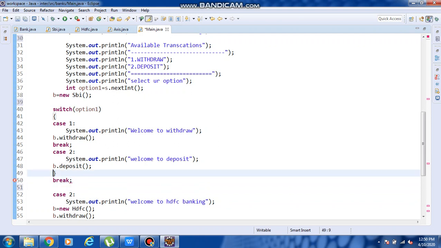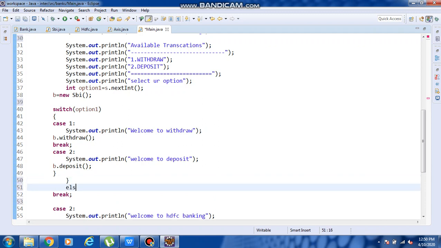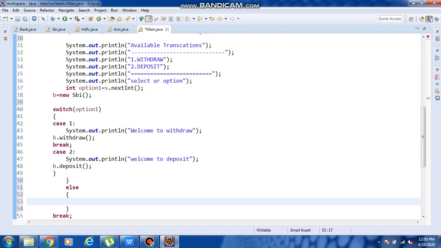Or we can use the else condition: System.out.println, invalid pin number. Okay.